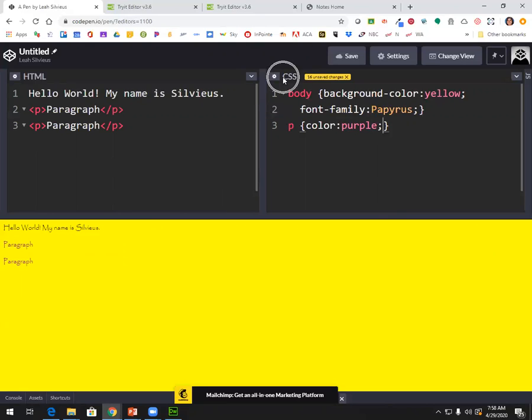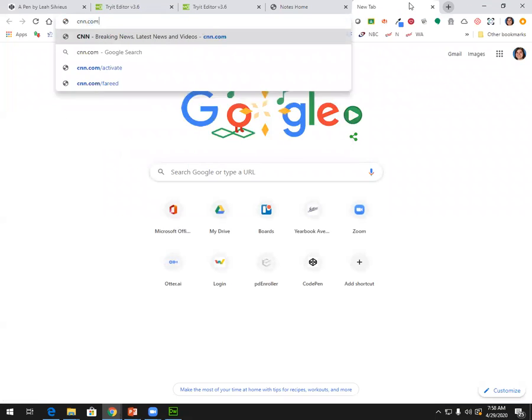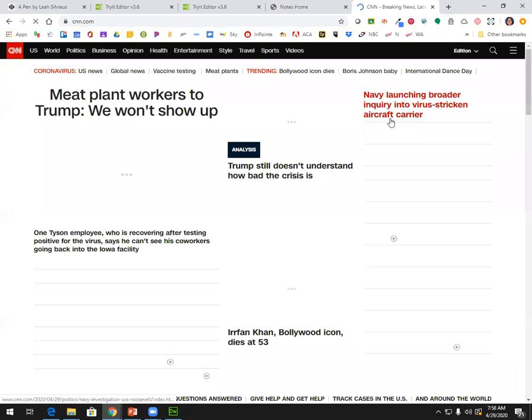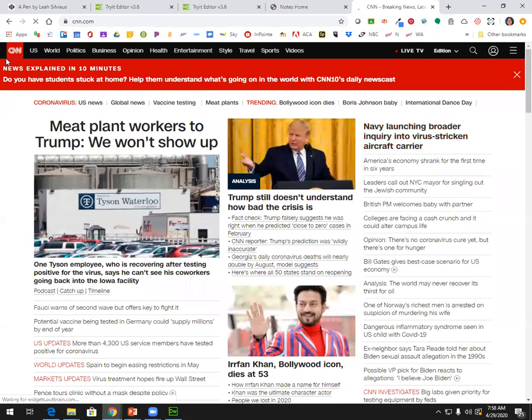This is a cascading style sheet, which means that it will cascade across all paragraph tags it finds and apply the same style. That's what you want in the long run, because it saves you lots of time and energy, because not only can this CSS be linked to this page, but it can be linked to any page. So if you make a change to the body on one page of your site, you can make the change on all the pages. So for instance, if I go to CNN.com, they have the same thing appearing up at